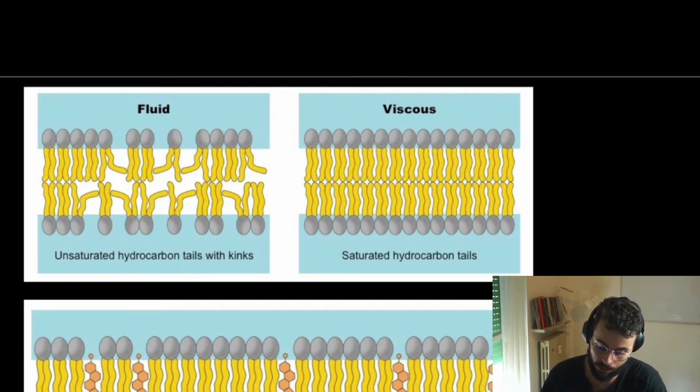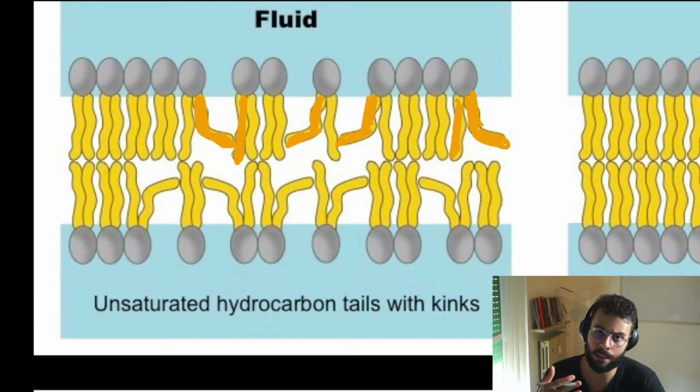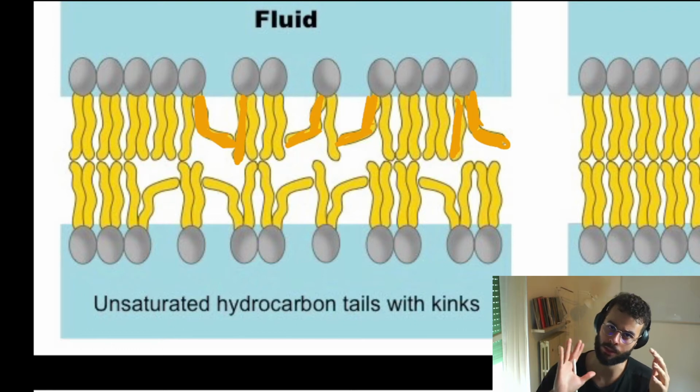So in the previous video we were talking about how, if you have more unsaturated fat inside the phospholipid bilayer, the phospholipid bilayer is going to be more resistant to cold temperature. It's going to be more fluid. Therefore, it is going to resist the cold temperature because the phospholipid bilayer won't be able to actually come closer